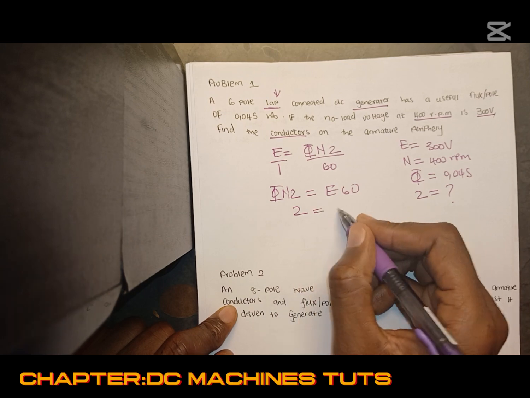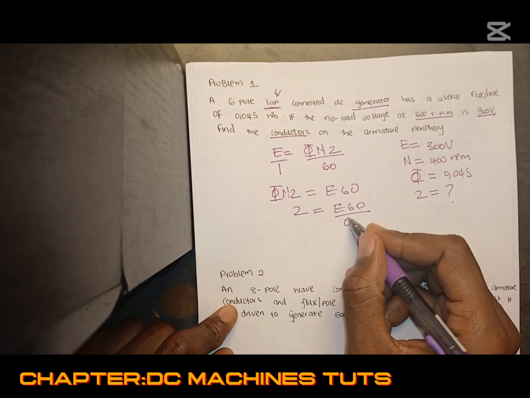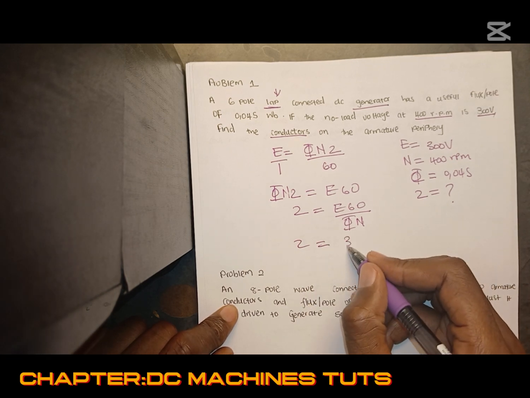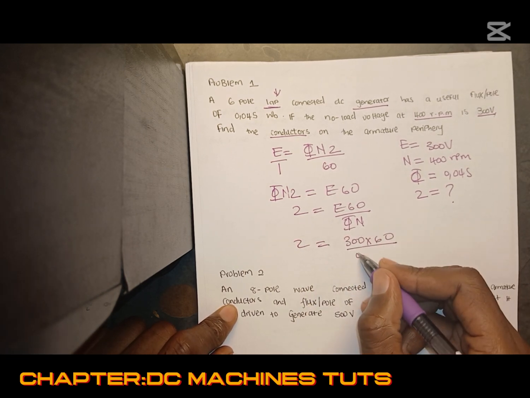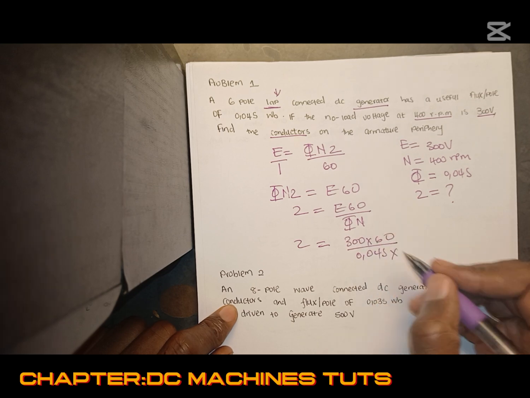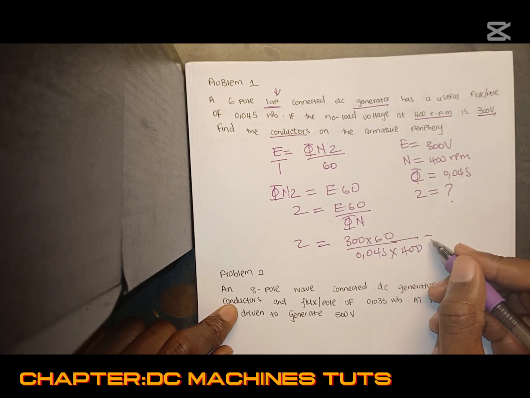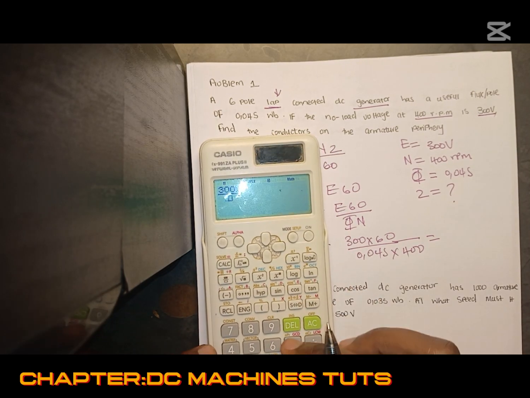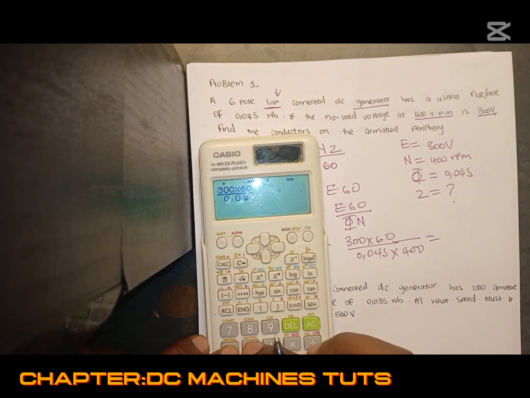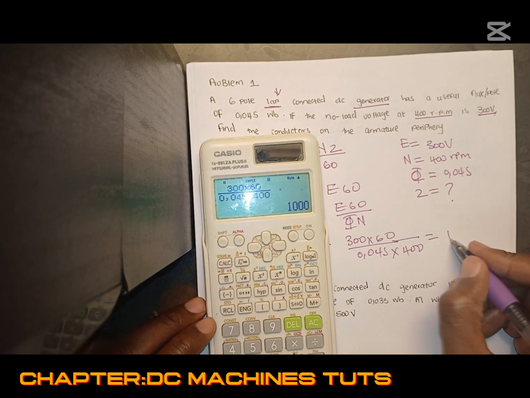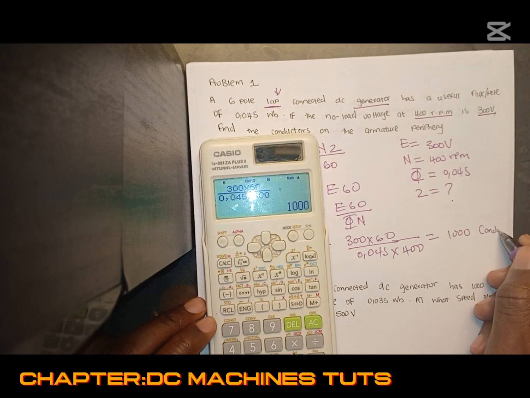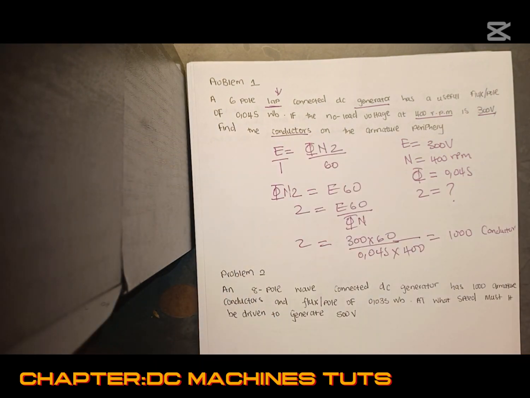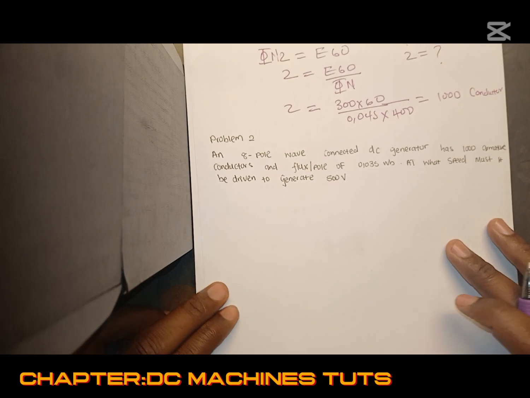So this is our Z, right? So it is equal to 300 multiplied by 60 divided by 0.045 multiplied by 400. Then what's the answer? That's 300 multiplied by 60 divided by 0.045 multiplied by 400. So that's 1000 conductors. Right, so we have got 1000 conductors. So that's problem 1. Now problem 2,